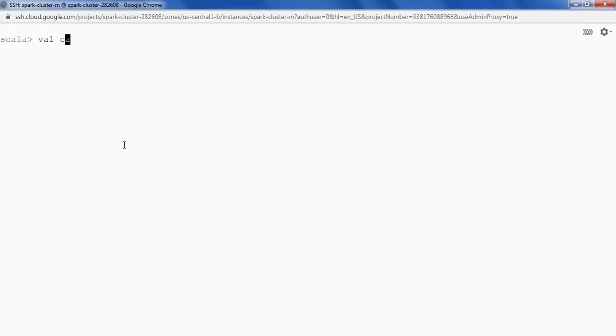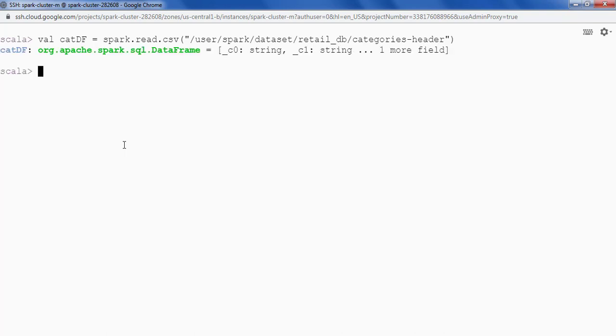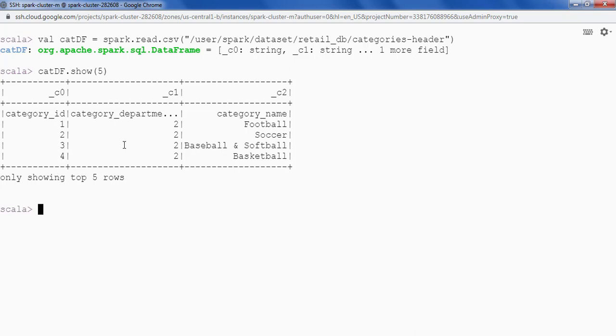Cat df is equal to spark.read.csv, just providing the path with no additional configuration. Okay, the data frame has been returned. Let's see how the data looks. Show me 5 records. Okay, have you noticed something here?